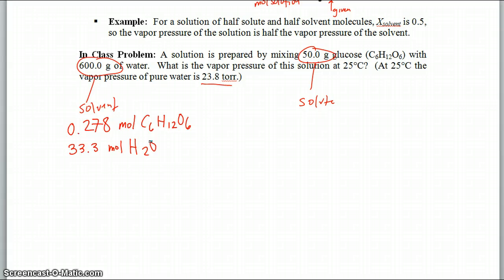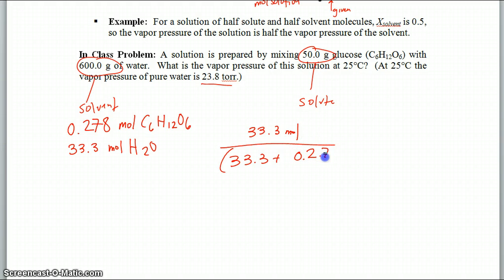So at that point, what you can do is solve for the mole fraction of your solvent. Okay, so you would put 33.3 moles, which is your moles of water, and then you put the total moles on the bottom by just adding both molar values together. Okay, and so when you do that, you should find that chi of H2O equals